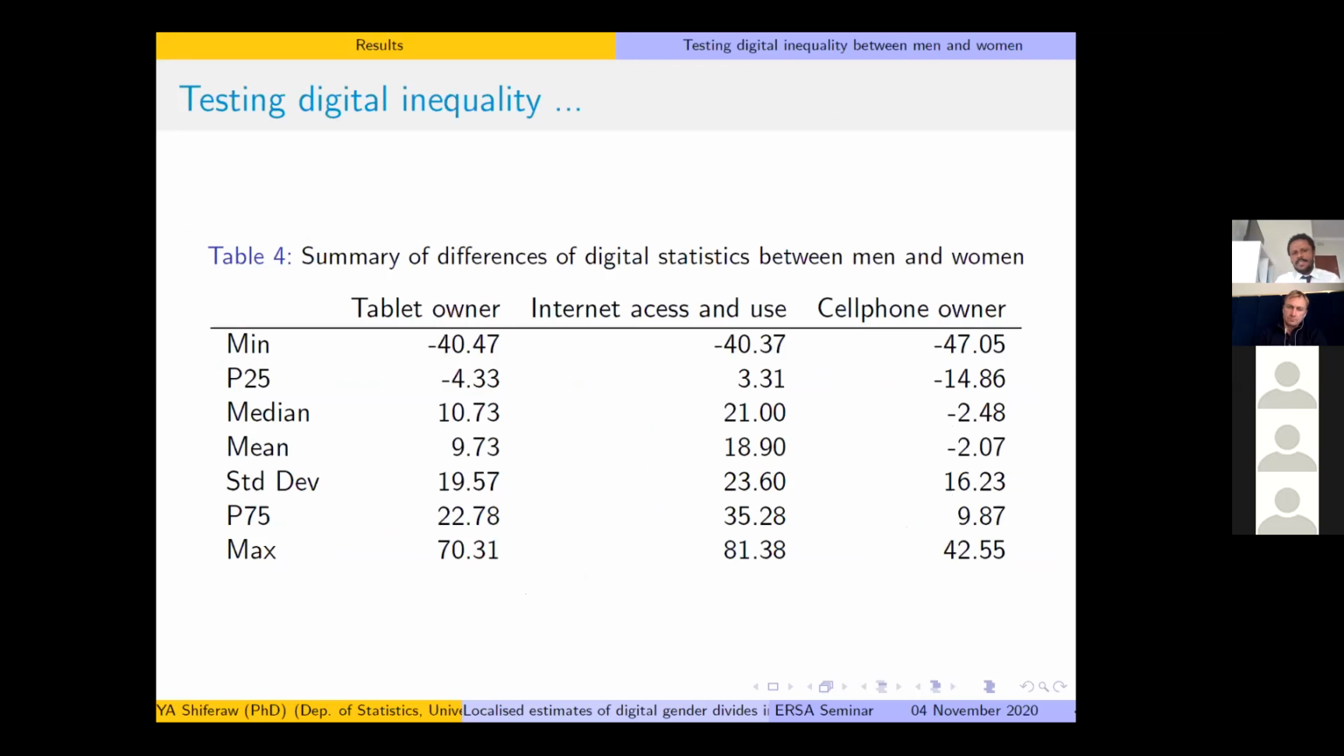Yeah, and the other one is testing for the digital inequality, and I have taken the difference, and this is a difference of men minus women estimates: tablet ownership, internet access and use, cell phone ownership, with the maximum difference and the minimum difference. You see this, there are some local municipalities in which men use more internet, the gap or the inequality is around 81.38, and in some municipalities, inequality is negative 40.37. So here, in some municipalities, females use the internet more often than